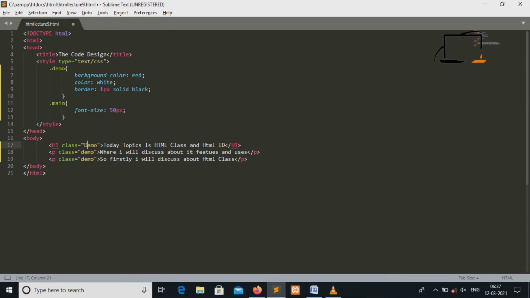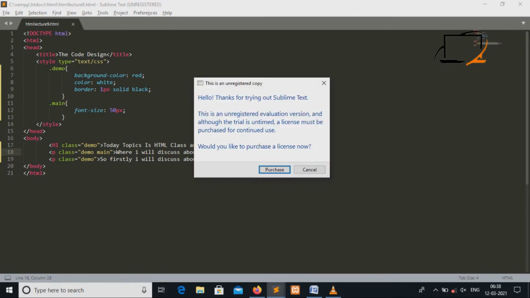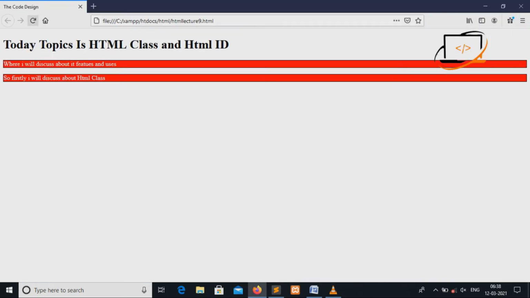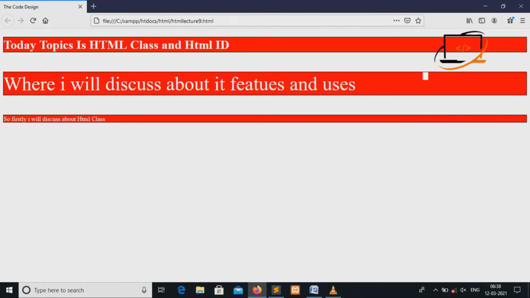We take a space for calling that main class, or multiple classes, in a single HTML element. If we want to apply multiple classes in a single HTML element, we should write this type of code. So here I will refresh this page. The font size of the paragraph has increased and multiple classes are implemented in the single HTML element.